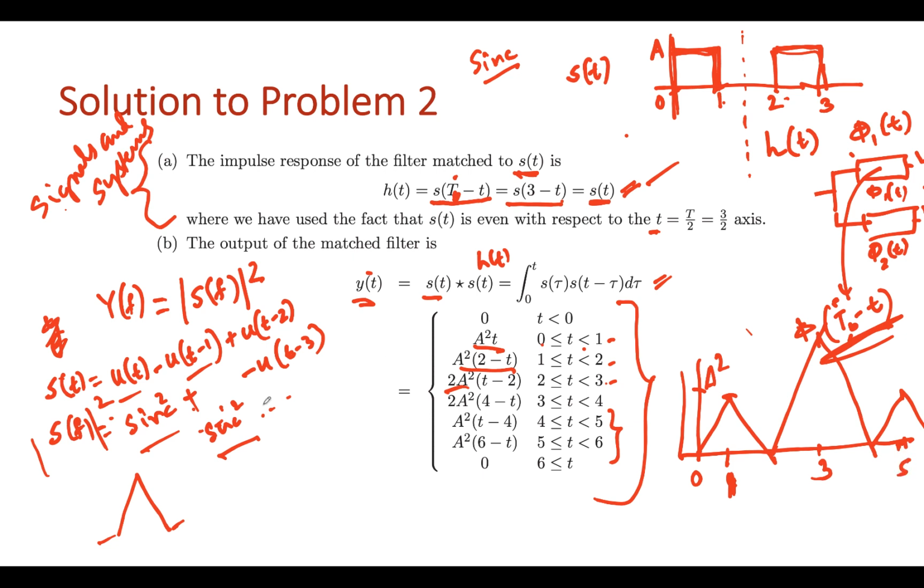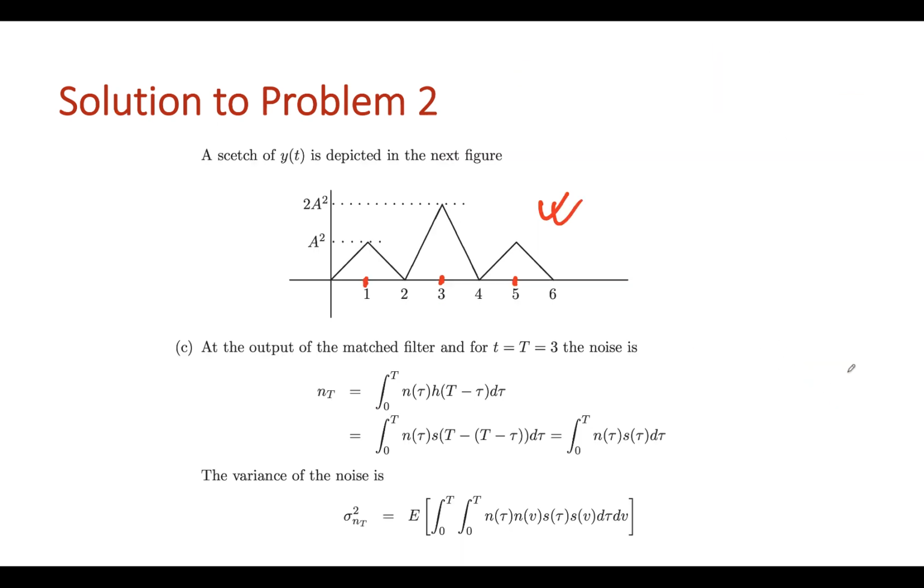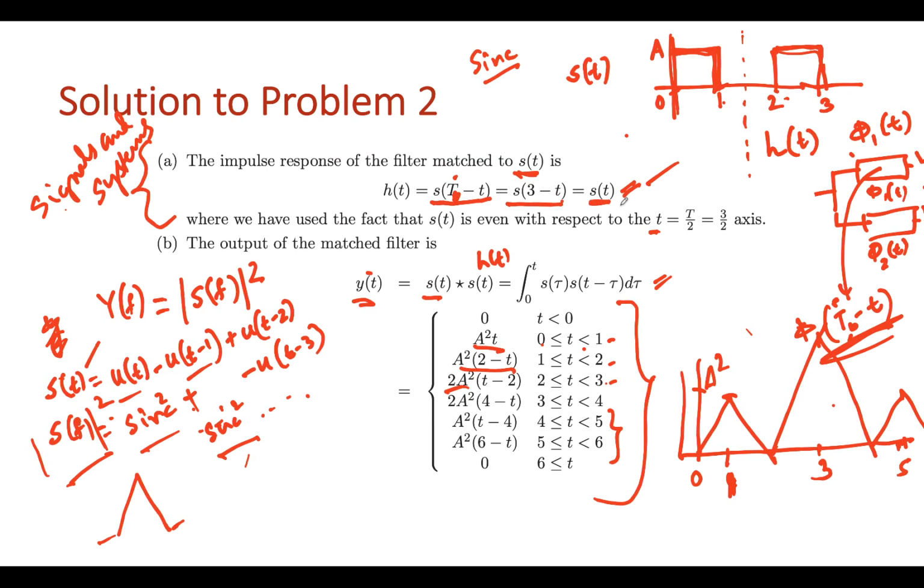Okay, so if you work this out carefully, start from s(t), take the Fourier transform, you will get a sum of sinc functions, the square of that will give you a sum of sinc squares, and then you inverse Fourier transform that to get these three triangular functions. So basically you will get y(t), which will look like this, that is clearly given in this slide, and the expression of y(t) would be like this. Okay,